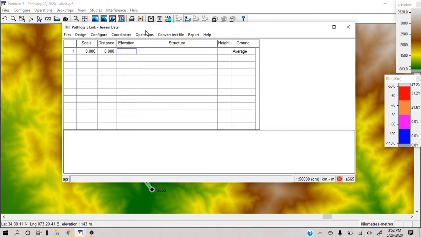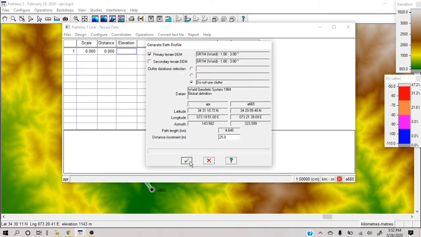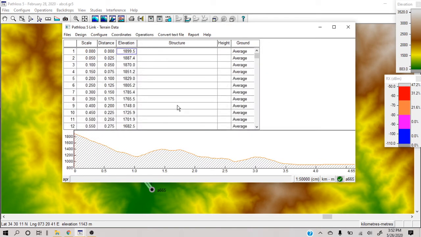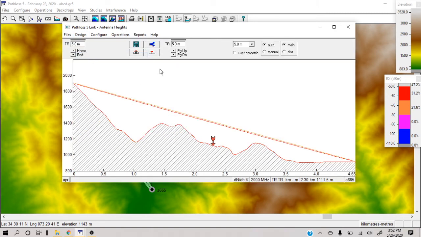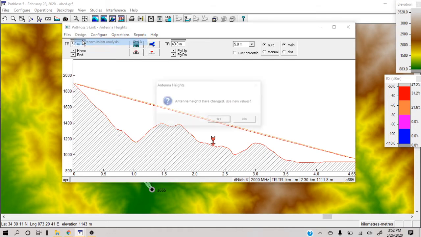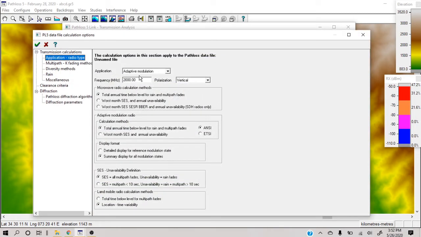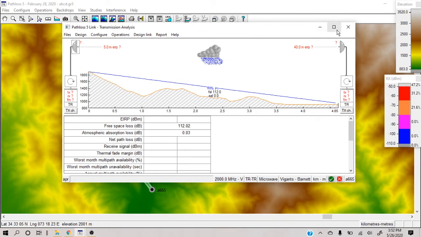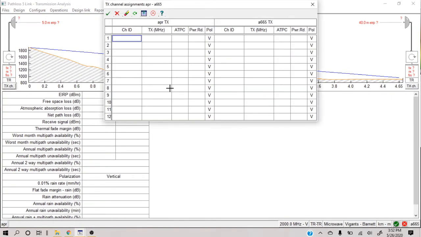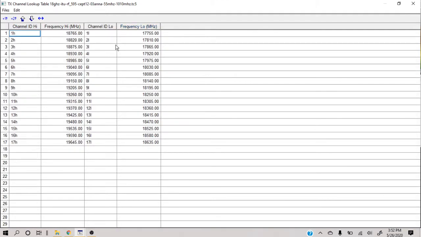So let's plan the other side now. It's the same procedure. You have to plan both of the sides before you can think of doing something. Here also we will go to the maximum tower height on one side, and then we will go to transmission losses, and again we will do everything that we have to do.